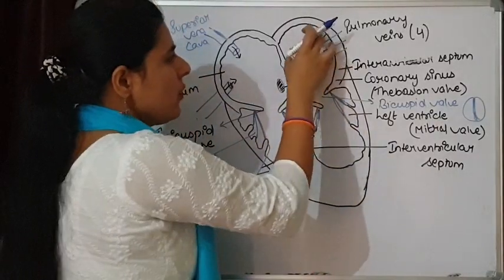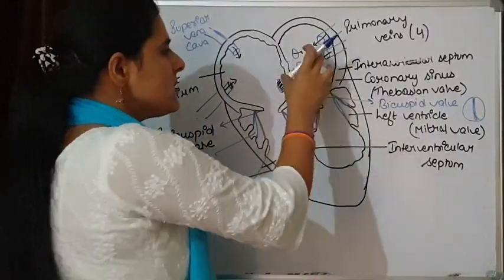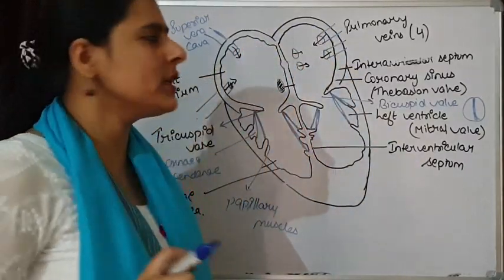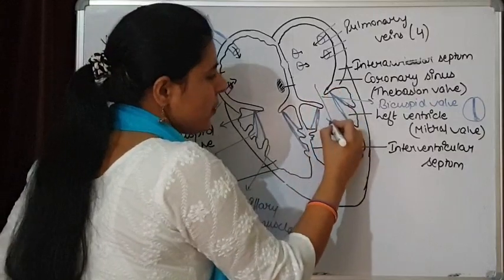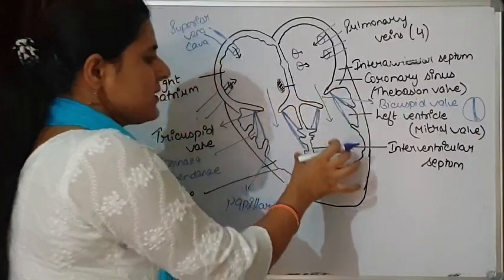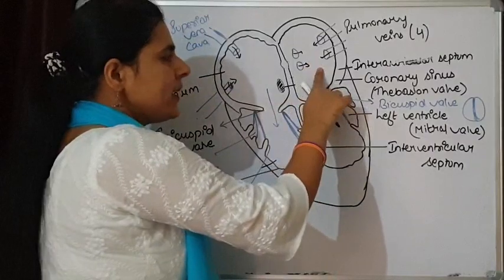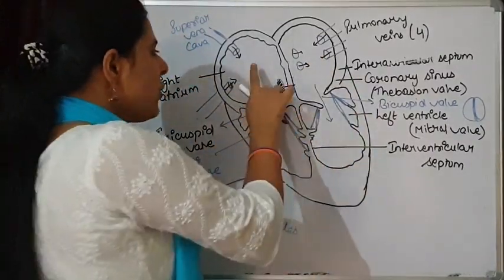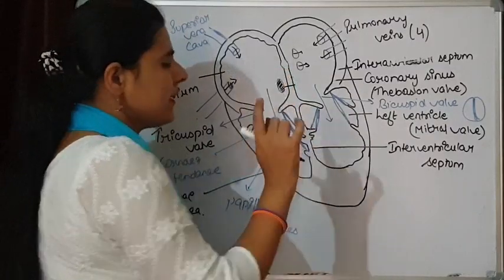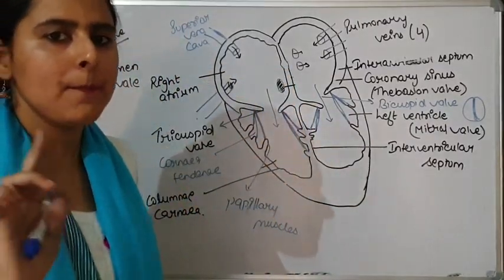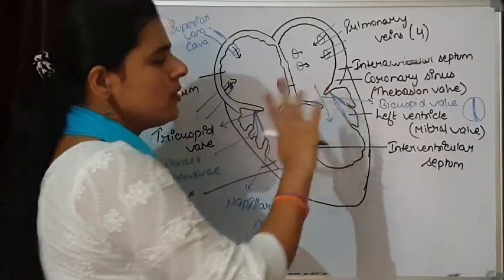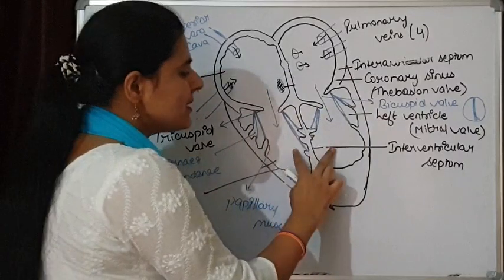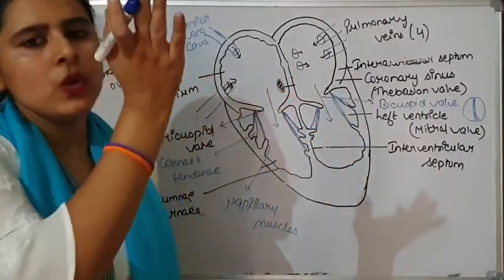Now after, when auricles are receiving the blood, this side is going to receive deoxygenated blood and this side is going to receive oxygenated blood. This blood is getting poured into their respective ventricles. Oxygenated blood from left auricle is entering into left ventricle, and deoxygenated blood from right auricle is entering into right ventricle by the opening of these two valves, bicuspid valve and tricuspid valve. When blood is present in ventricles, these valves are going to close.